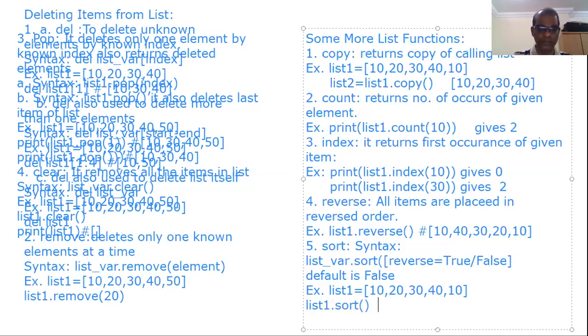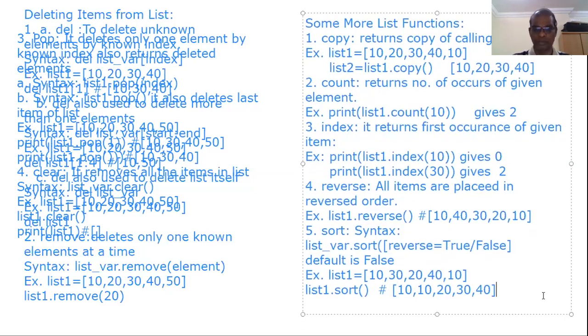Now the list will be 10, 10, 20, 30, 40. It will be like this. List 1 dot sort. So sort always places in ascending order if it does not have any argument.